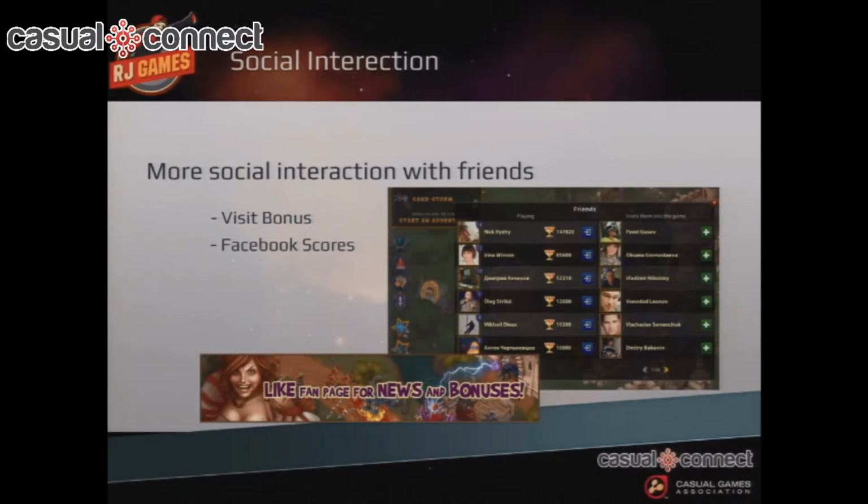And of course, use all these features Facebook has in its API. It's very important. Users do like competition with Facebook scores and so on. They do use different viral channels to post to each other and so on.